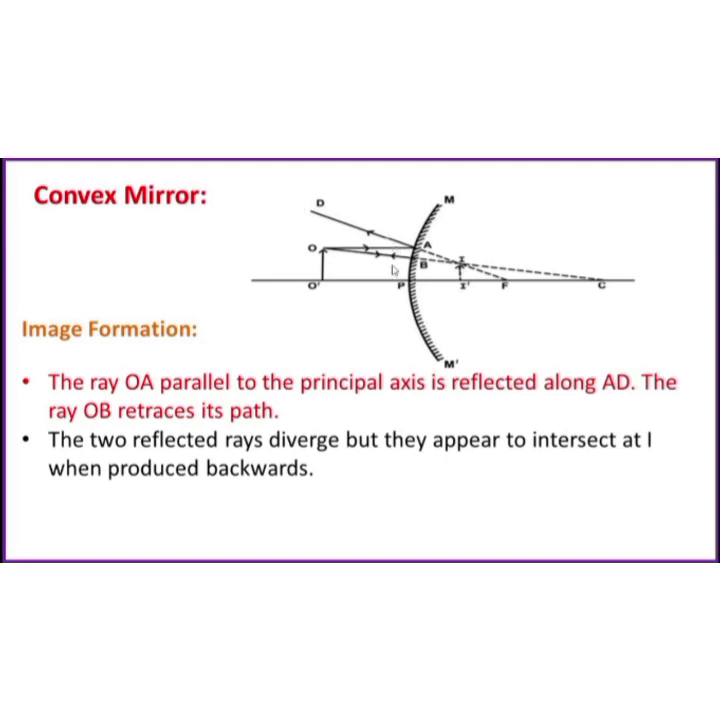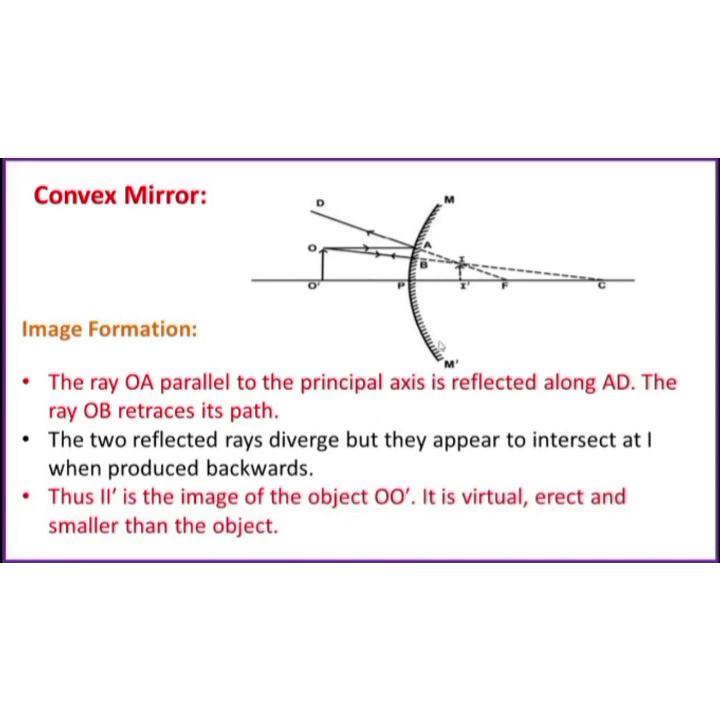The reflected rays never meet, but they appear to intersect at I. So we get the image inside the mirror. So I dash is the image of the object O dash. It's virtual, erect and smaller than the object. Virtual means it's not a real image. We cannot catch it on a screen. The next one,